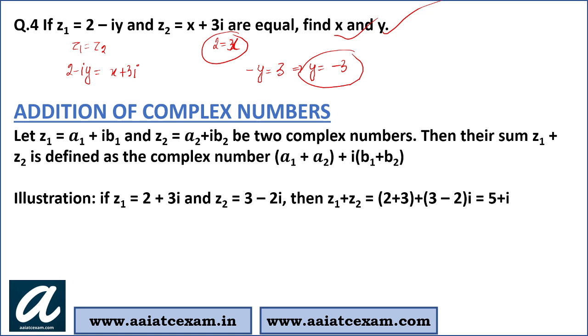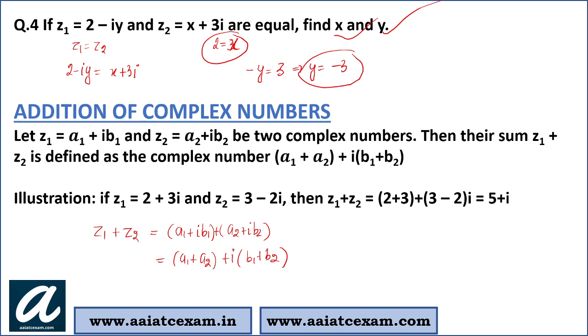Next question is, how will you add the two complex numbers? Consider, students, there are two complex numbers and you want to add them. The first complex number is a1 plus iota b1 and the second complex number is a2 plus iota b2. So whenever you add them, you will add the real part with the real part only and imaginary part with imaginary part only. So a1 plus a2 and b1 plus b2. How will you add two complex numbers? Real part should be added with real part and the imaginary part should be added with imaginary part.